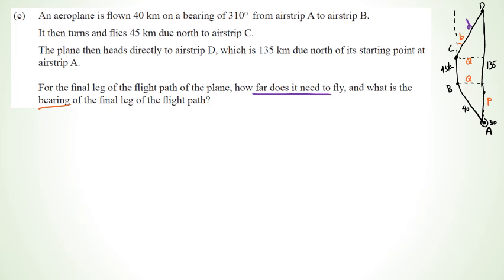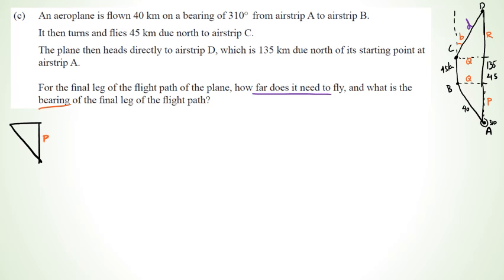We know that this distance from here to here is 45. Okay, and of course I need to, let's put this as R. Hopefully it kind of makes sense what I'm trying to do here. So I'm going to work out P first. Now to work out P, I'm looking at just a small triangle there where P is that,